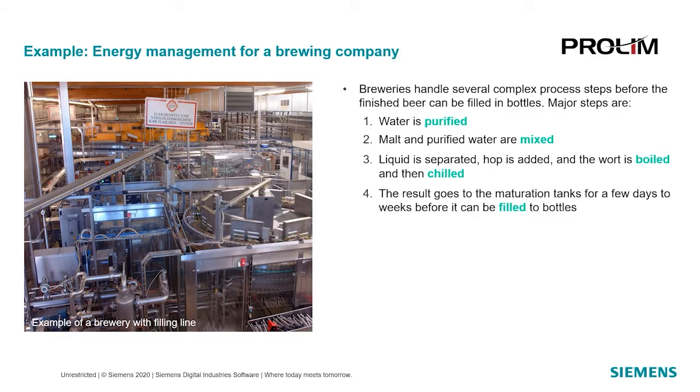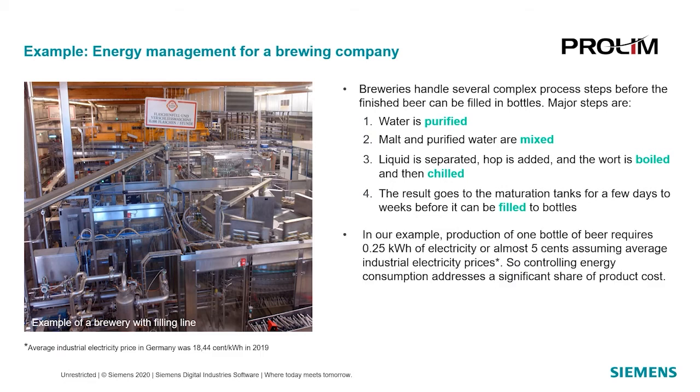Breweries handle several complex process steps before the finished beer can be filled in bottles. The major steps are: first, water is purified. Next, malt and purified water are mixed. Third, liquid is separated, hop is added, and the wort is boiled and then chilled. And finally, the result goes to the maturation tanks for a few days or weeks before it is filled into